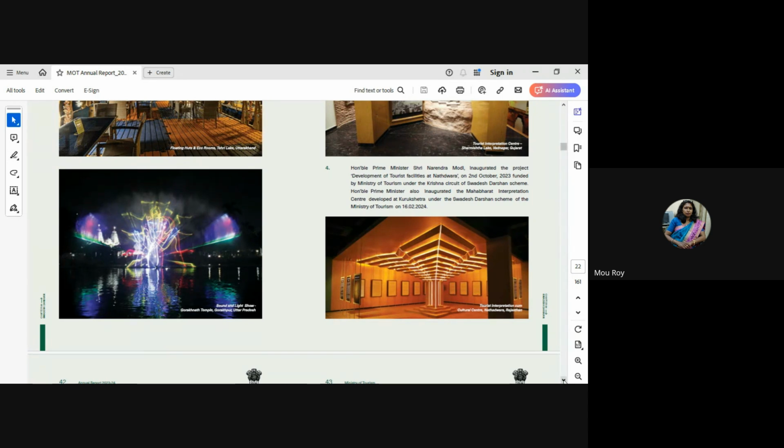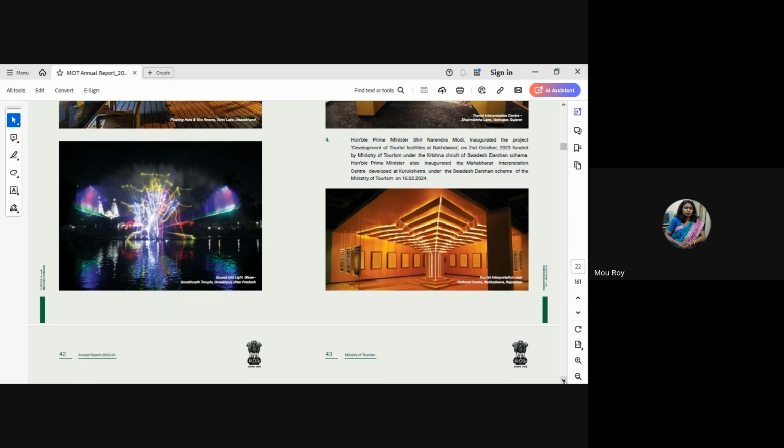So a new name has been given, Tourist Interpretation Center. So you also, whenever you go, since you come to know about these words, these terminologies, you can easily have an idea. You can define them. जैसे now this light and show, जैसे